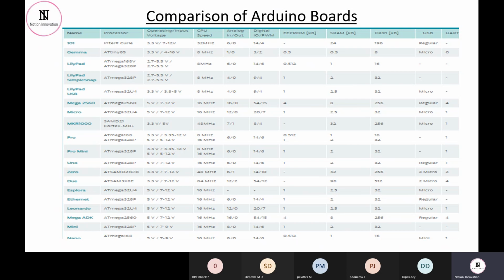Or if we want to run an OS on it, it might not be possible, because those things are handled by an operating system, which we are not able to put onto a microcontroller. For that we require a microprocessor, and that's why the Arduino lags in computation power. Fine. If there is any doubt till this point, you can ask.